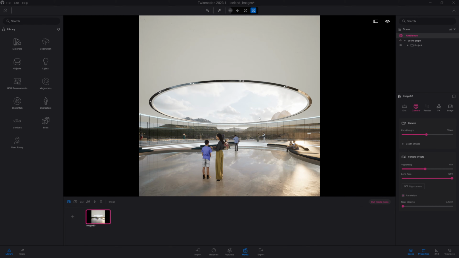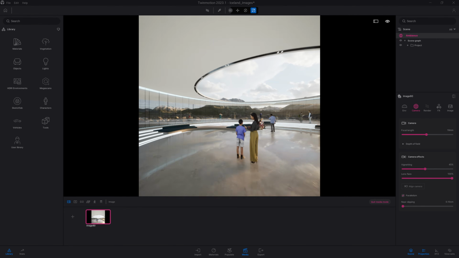Let's say I quite like that image. I've customized a few things, and I also changed the camera position. Now I need to save that in my media. To do that, I will click on refresh to memorize the new camera position. If you don't do that, you will keep the same camera position as when you clicked on that plus button.